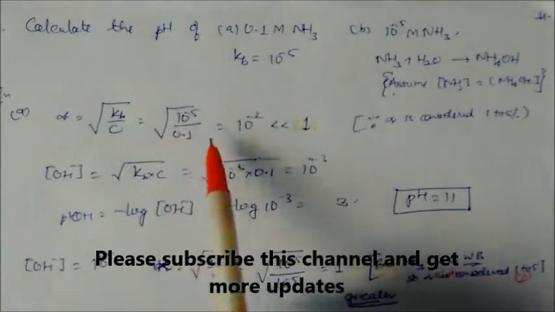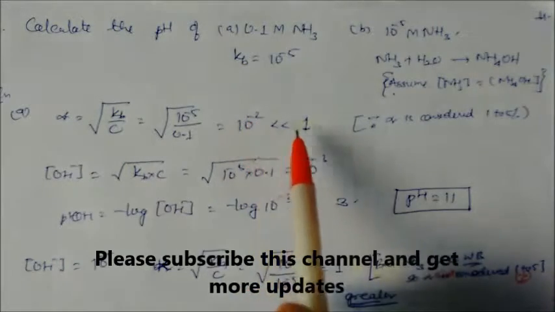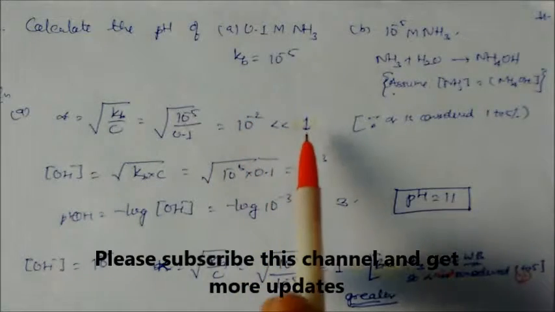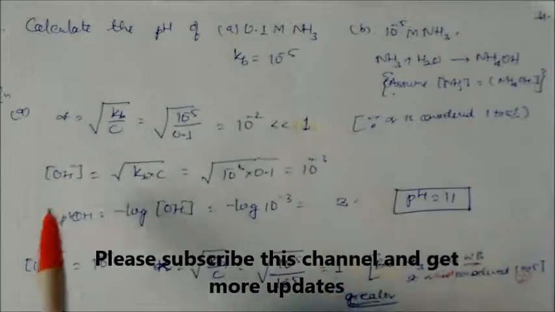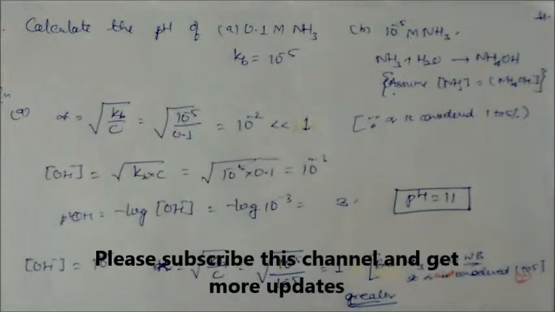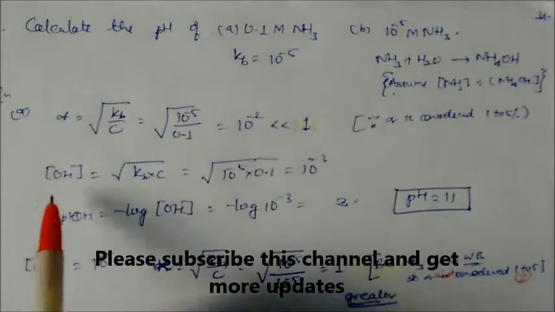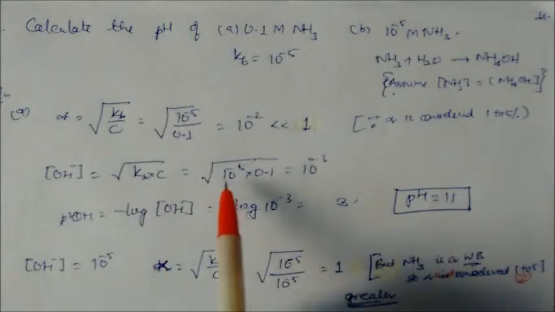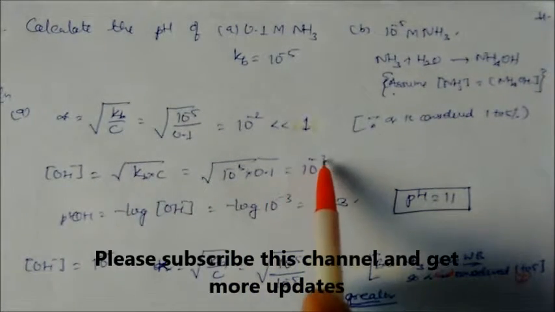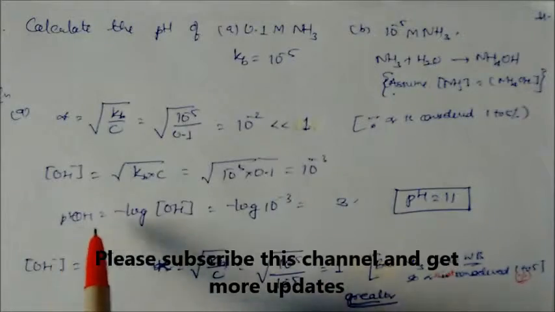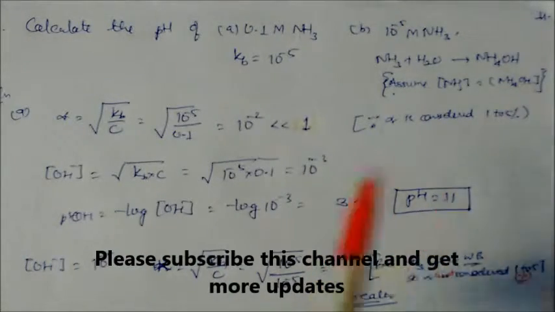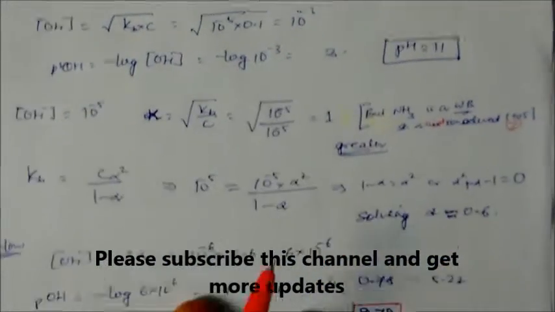If you solve it, you will get 10 power minus 2. Again you can see this is less than 1. If it is less than 1, then we can ignore 1 minus alpha. Then the concentration of OH will be the square root of Kb into C. Substituting the value, you will get 10 power minus 3. So 10 power minus 3 means pOH equals 3, or pH equals 14 minus 3, that is 11. Similarly in the case of the second question,